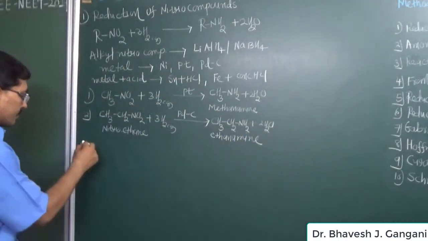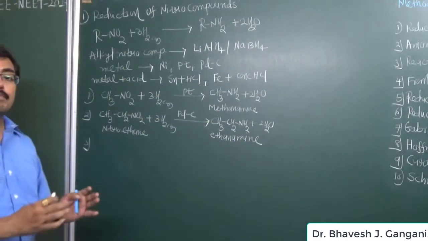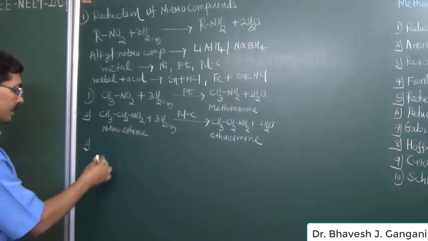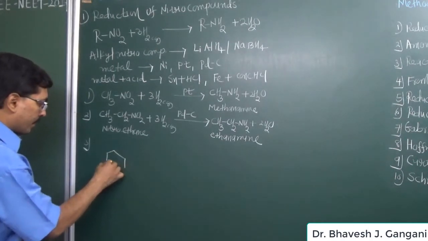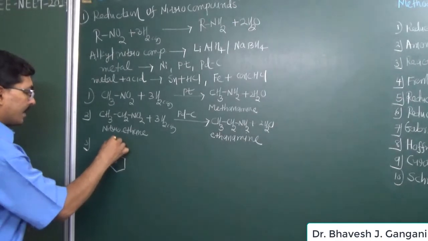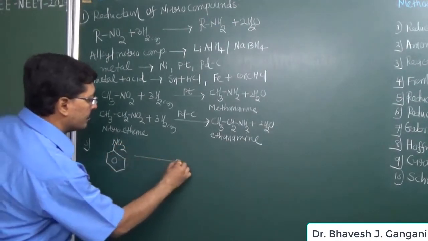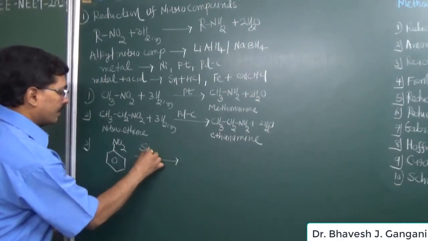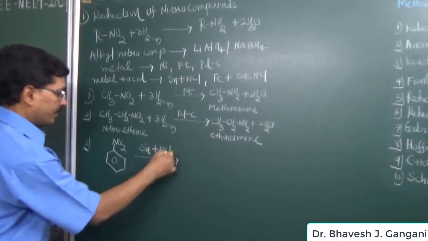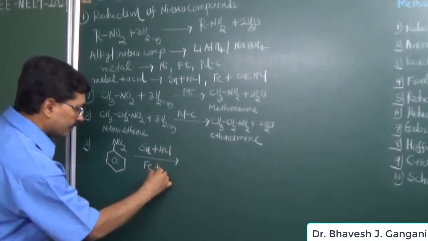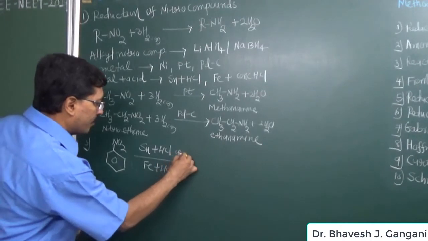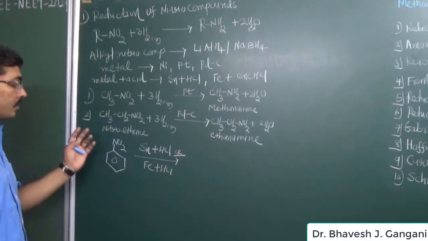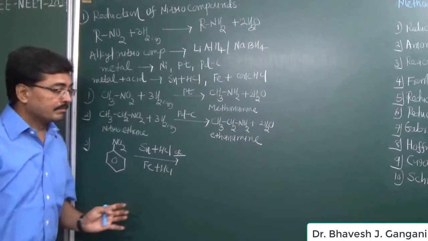Now, suppose we have a different type of aromatic compound, for example an aromatic compound like nitrobenzene. Nitrobenzene can also be reduced by using this method. One can use tin and HCl, or one can use iron and HCl. Any combination one can use. And through these reductions we get amine. But